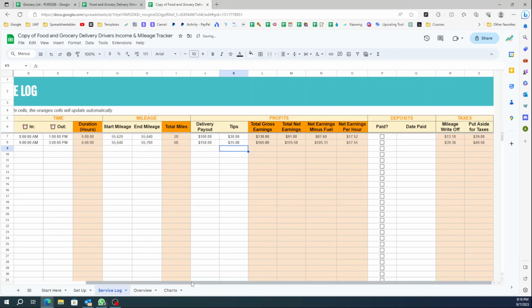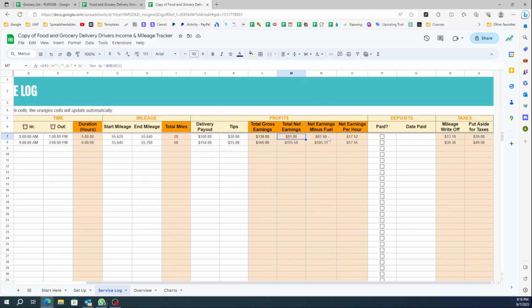Now here, it auto calculates for you your total gross earnings. So on Instacart, your total gross earnings was $130. This is what you should see as your payout on Instacart. Same for this one. And then this is the net earnings. So net earnings is discounting the tax, because you earn this, but then you have to save 30% for the government. So your net, the money you pocket in your pocket, is $91, and then here it deducts